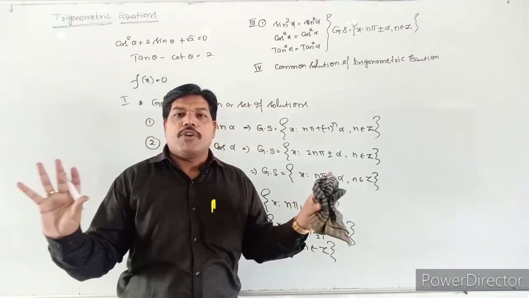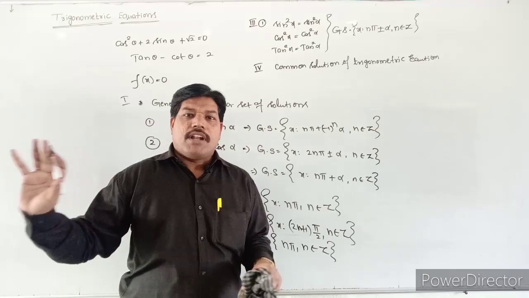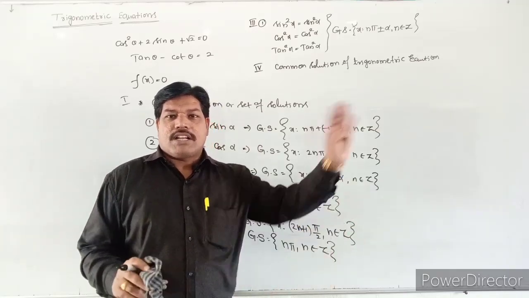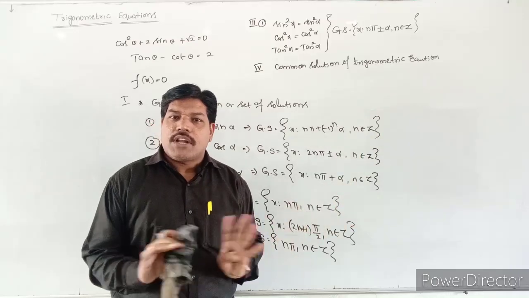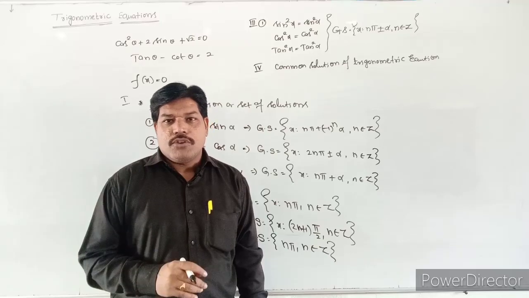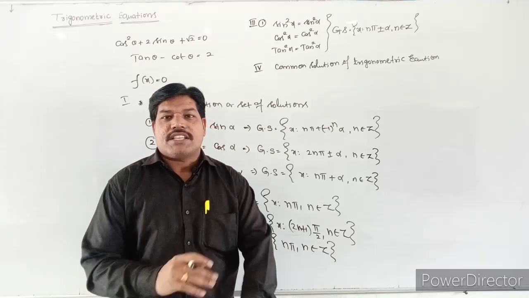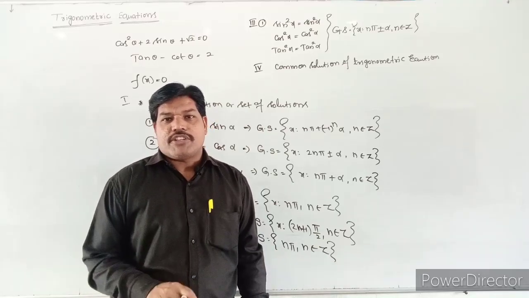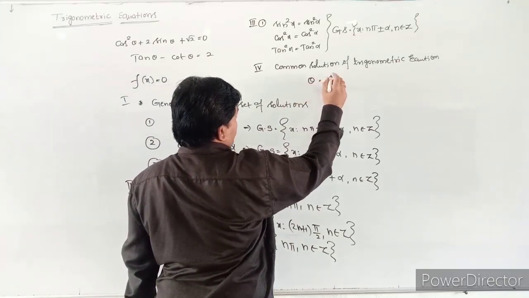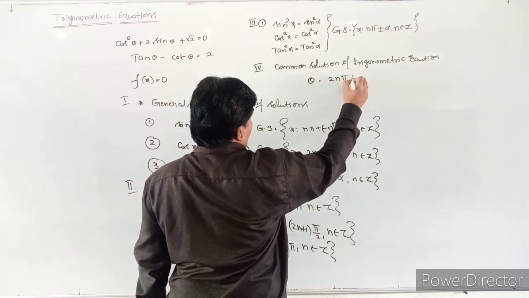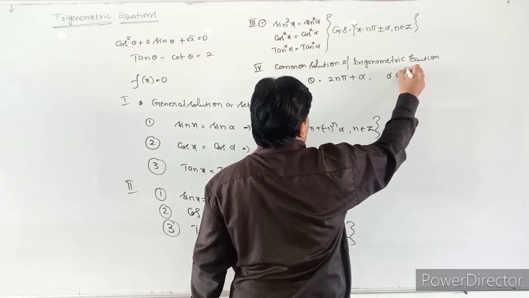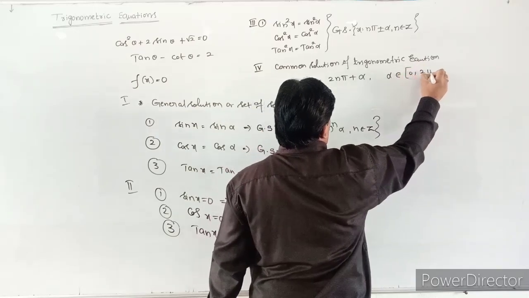That meaning is, if they give you two different trigonometric functions, one is sine and another is cos, for example sin theta is equal to 1 by 2 and cos theta is equal to minus root 3 by 2. Like this, two different functions are given. In that case, to write the general solution of the simultaneous solution of these two equations, we have to take theta is equal to 2n pi plus alpha, where alpha belongs to the closed interval 0 comma 2 pi.